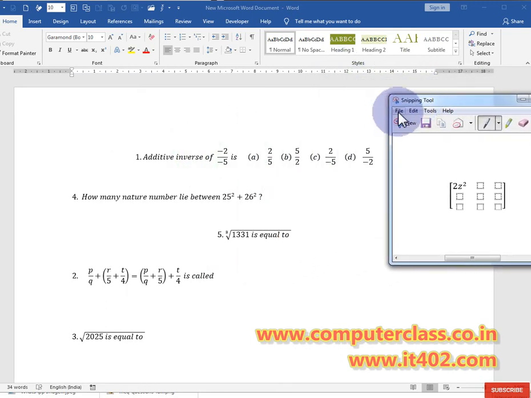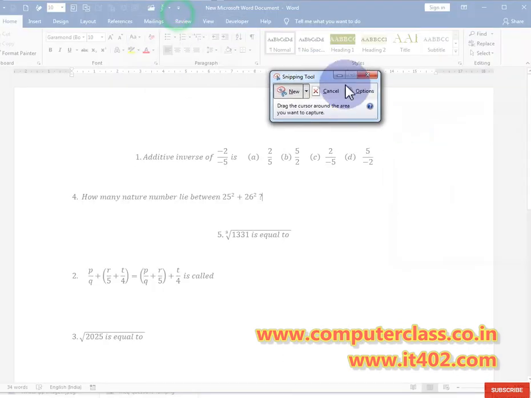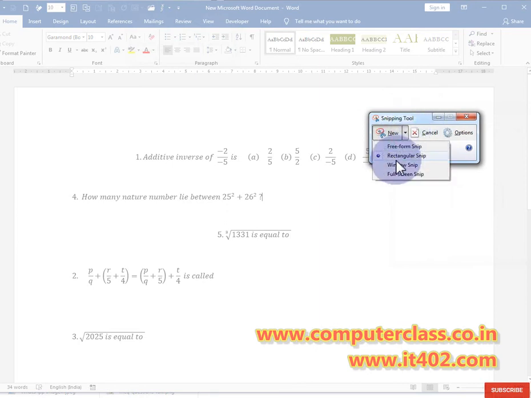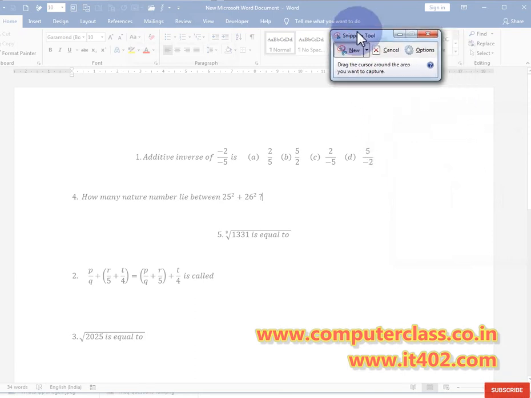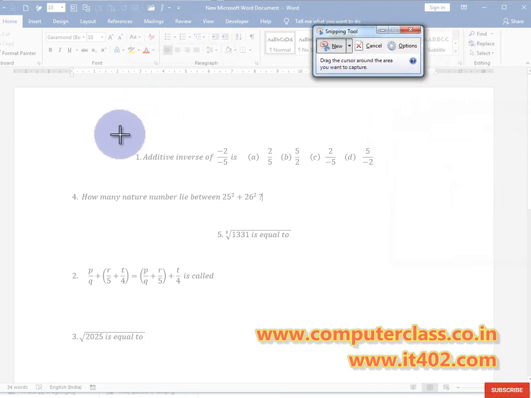Just click on the file option inside Snipping Tool, click on new snip, and make sure in these options you select rectangular snip. Just click on it. After that, it will convert into a crop shape.